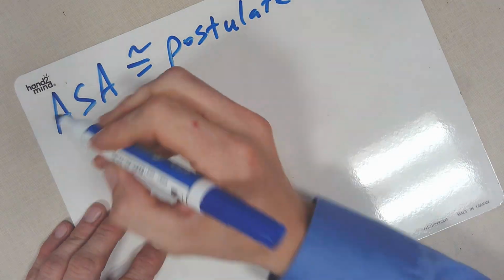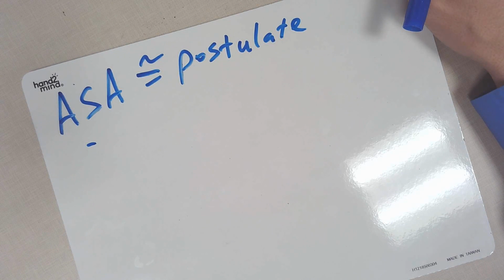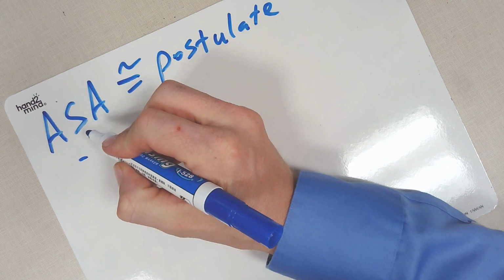Hopefully by the end of the day, you'll be able to identify two triangles are congruent using the angle side angle postulate, or be able to draft a congruent triangle knowing only an angle side angle postulate. So the angle side angle postulate says that if I have an angle,